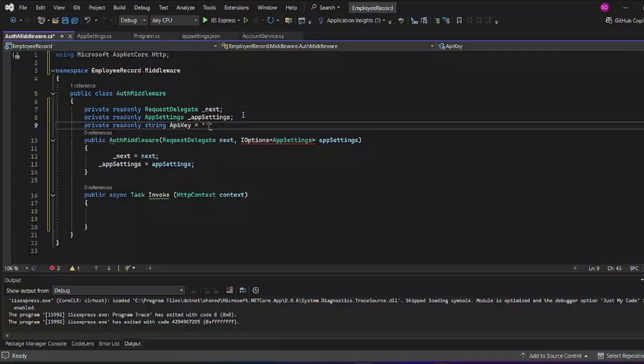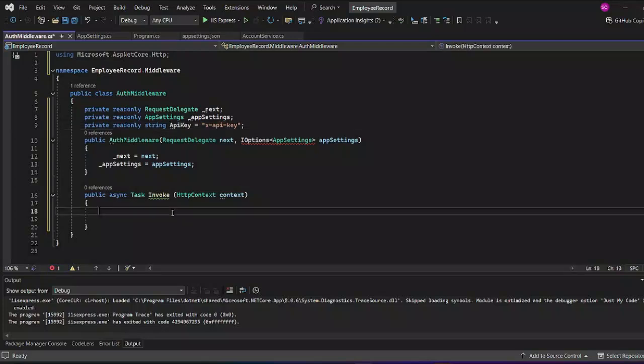So from our request header, this is what our application will be looking for, this key: X-API-KEY. So having done that, let's try to grab